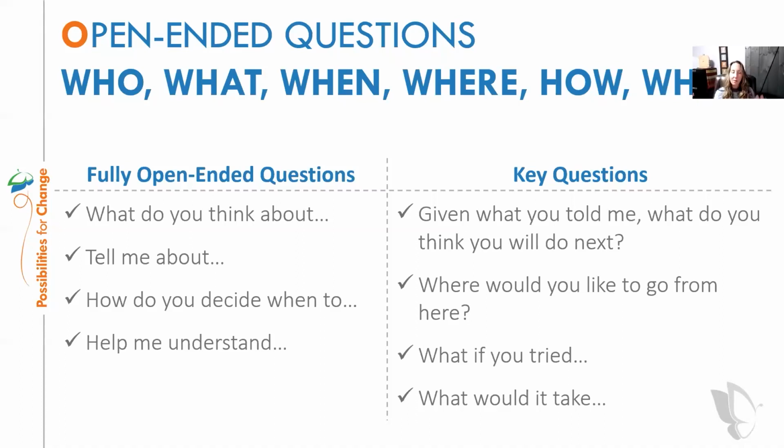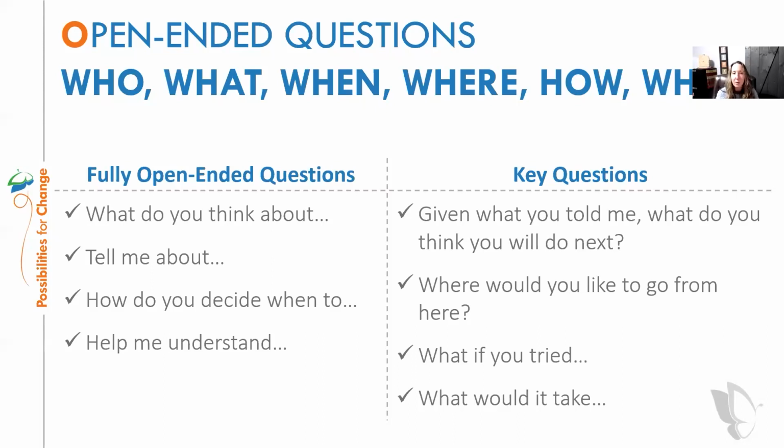Some of these, you have them like on your desk or computer or wherever you're working, just to help you remember. Like, what do you think about? You can put anything in there. If you're talking about risk, what do you think about wearing a helmet? What do you think about not texting and driving? Tell me about your experiences. How do you decide when to use a condom and when not to? I use that one a lot because a lot of youth will say, well, I use a condom sometimes. So it helps me understand before I jump in to provide some information.